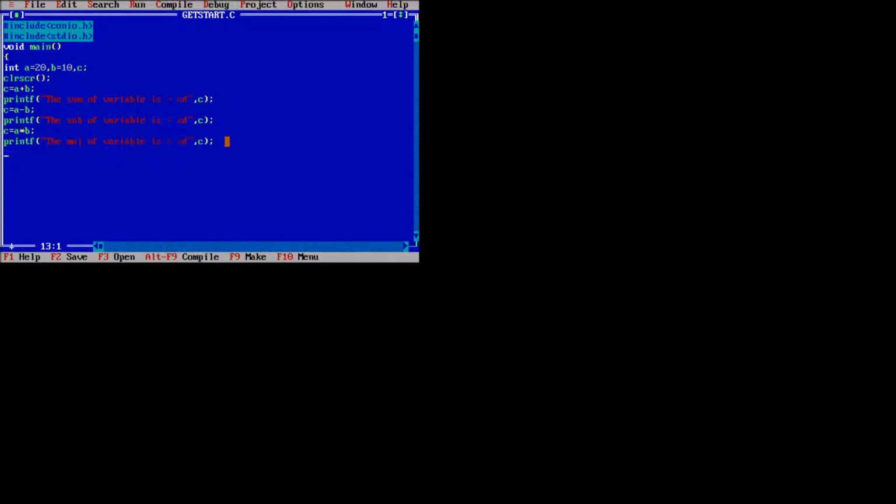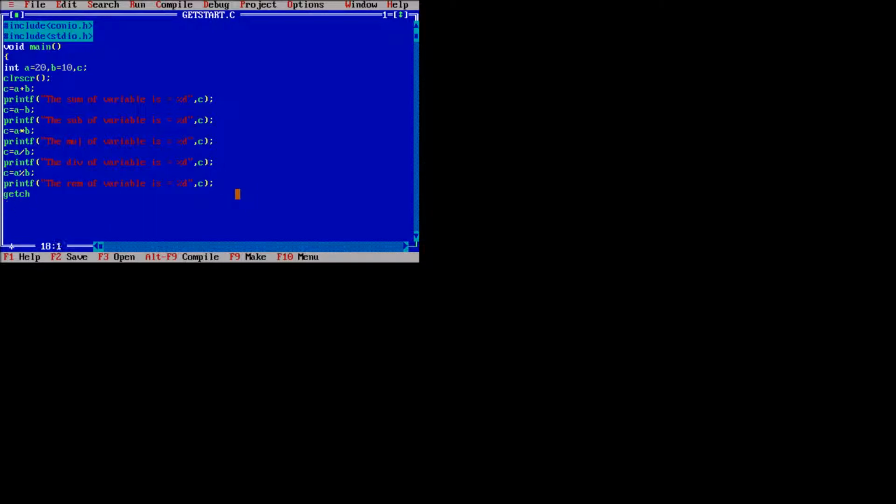Multiplication short form is mul. Okay, now c equals a divided by b. Similarly, take the remainder. Now paste it here. That is the remainder.